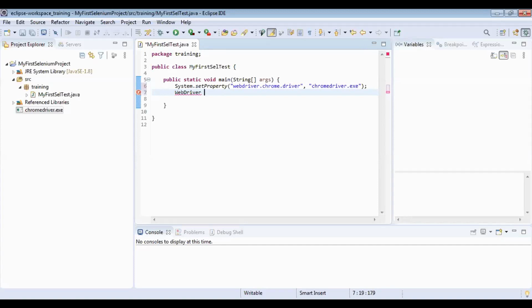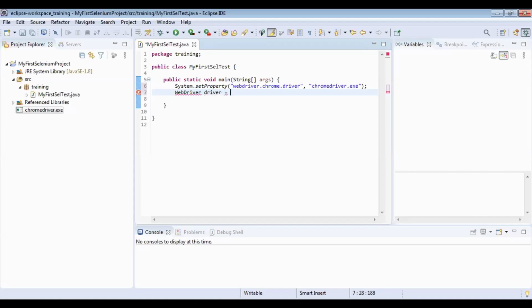For different browsers, we have different classes which implement the same interface, and that is the reason you will notice that even though you develop a script using Chrome, you are able to run your script on Firefox or any other browser, because there is a consistency in methods. So Java classes, I believe you guys have already done, right? So you are aware about the interface and how the class implements the interface, right? Yes. Okay.